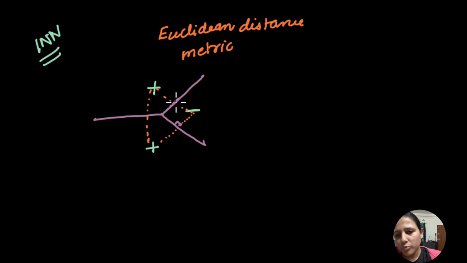So in 1 NN, suppose a point is here. Okay, so basically I'm giving you intuition for why we do it like this. So suppose a point is here. Now this is at equal distance, if we take the Euclidean distance, from this negative point and from this positive point. But if you take any point to the right of this, it will be very near to the negative point compared to the distance to the positive point. Okay, so that's why there is a decision boundary coming over here,